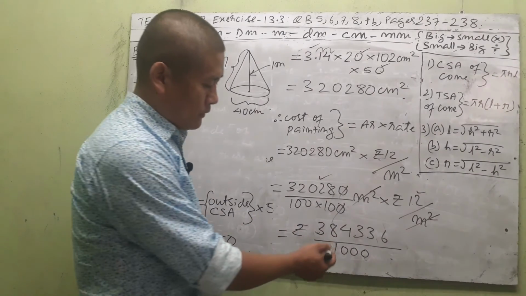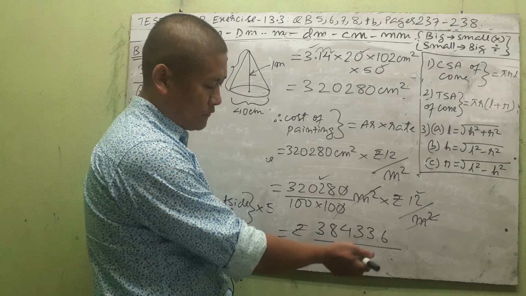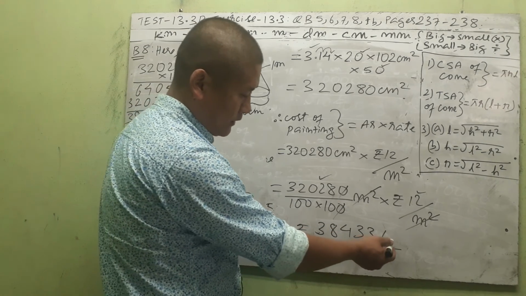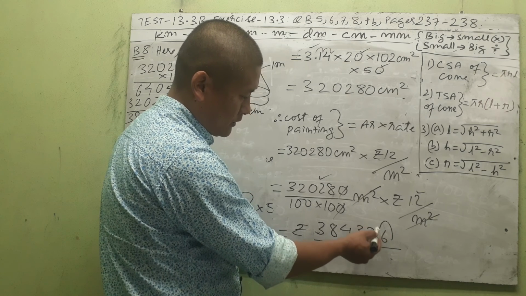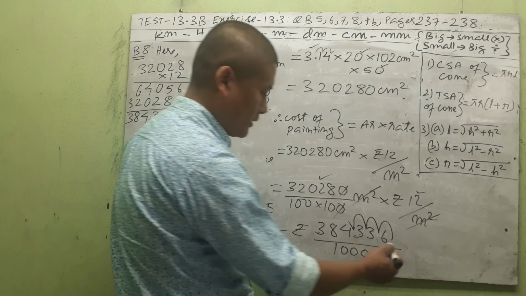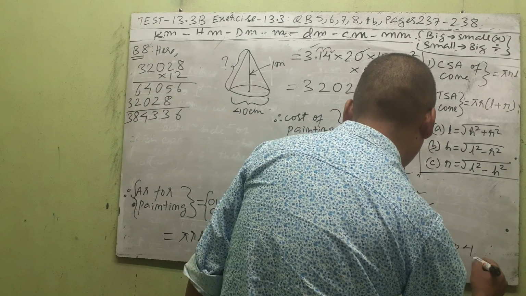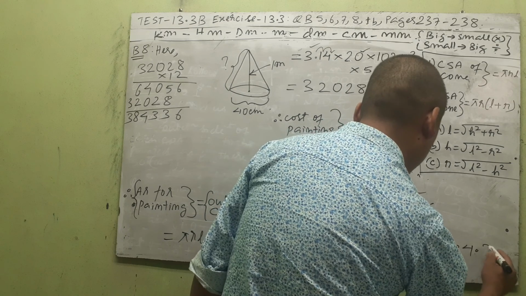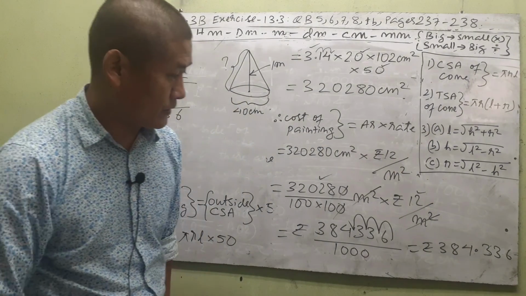When we divide, the decimal moves left. When we multiply, the decimal moves right. But in this case, we're dividing. So because of dividing by these 3 zeros, the decimal will jump 1, 2, 3 places to the left and come between 4 and 3. So the cost will be rupees 384.336. Textbook answer is 3-4. How did they